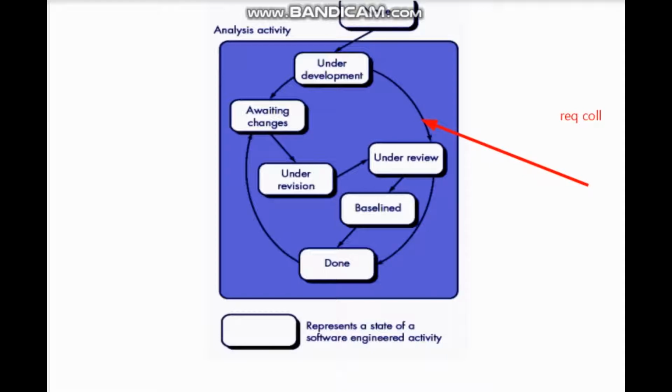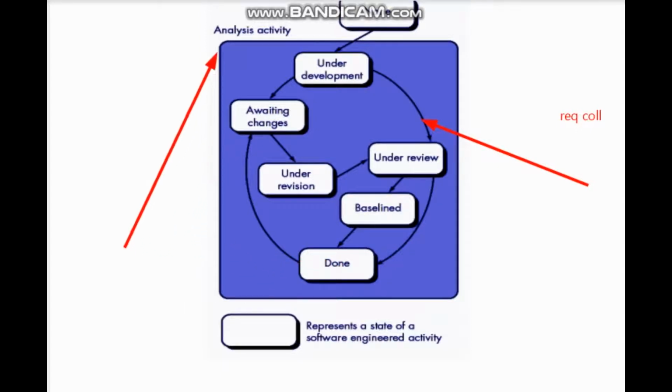As per this example, let us consider one more state. Suppose the requirements are being collected from the customer, and we found that there is some information problem or a lacking of information where information has been skipped. At that time it is kept at awaiting changes, where it is kept waiting to review the changes. After revision and after observing that all the changes are implemented, it will go for under review state, and once it clears that state, it will go to the baseline state, and then that activity is completed.